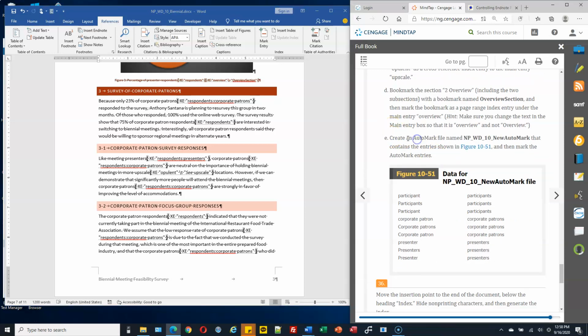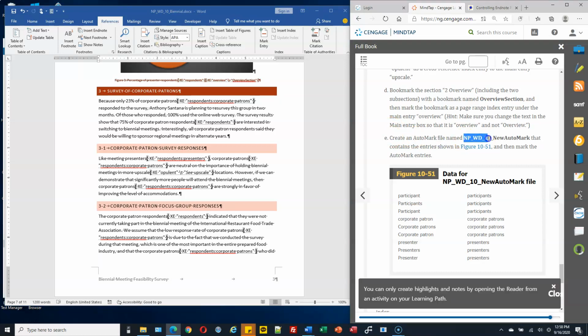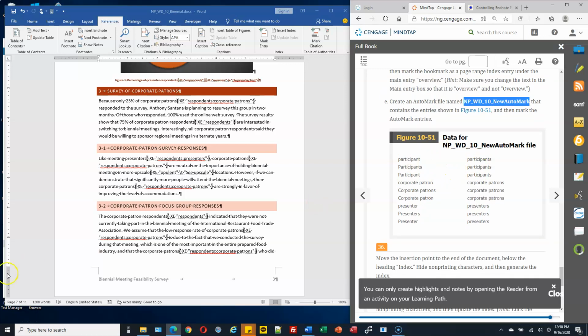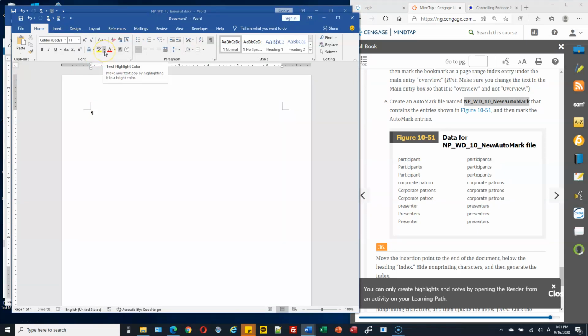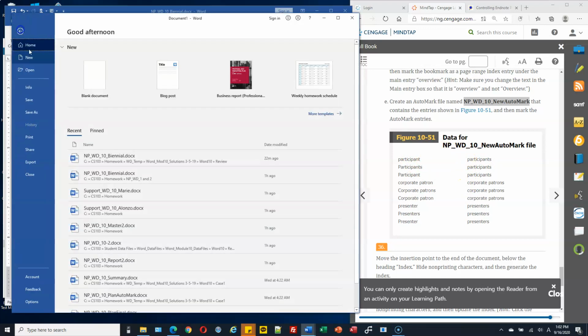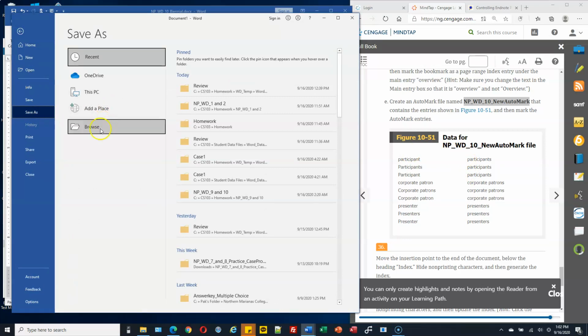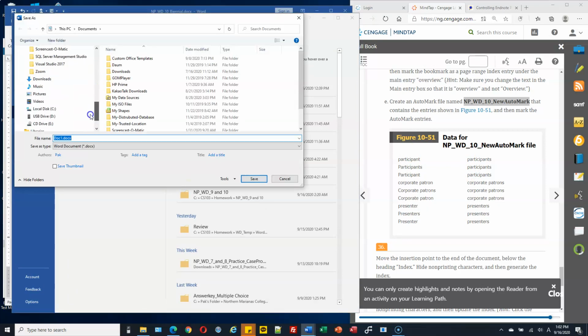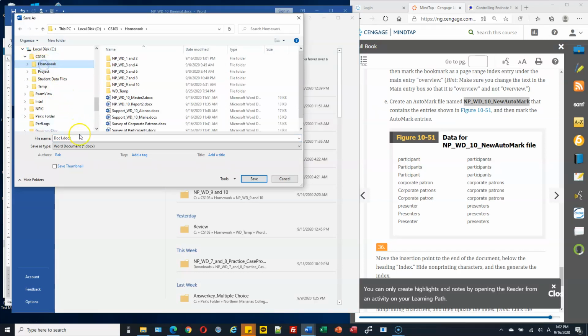So letter E, create an auto mark file named this one. So we will create a file name and then enter all these things. Now let's create a blank document. Okay, blank document. And then we will create tables to enter this. First of all, let's save the file as. The file name is new auto mark,